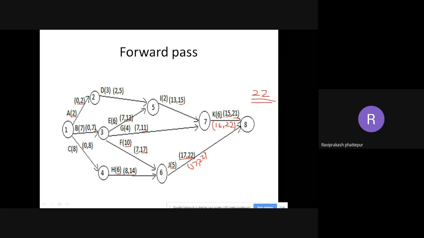Now coming to the activity I. Again, I told you I need to write at the bottom. Activity I, when it ends, will end at 16. Okay, 16 is there, right? So 16 I need to write first. The ending will be 16, comma. When it will start, 16 minus 2. What is 16 minus 2? It is 14. Again, if you see, top and bottom are different. Here it is 13, 15. Now it is 14, 16.